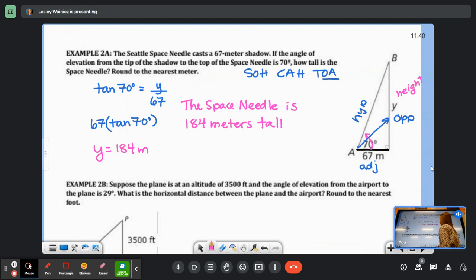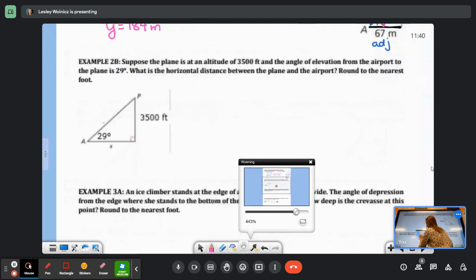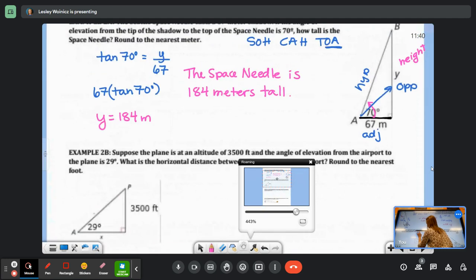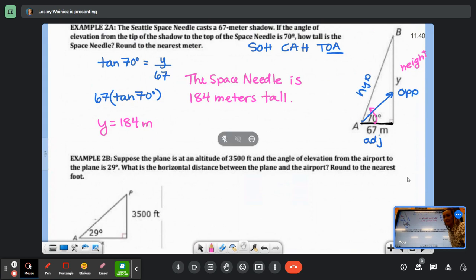Or 184 meters long if you knock it over. Did you hear me say that? Yeah. I was like, never mind. Just push it over. It's fine. Like, never mind. Okay. Not done? I thought we were